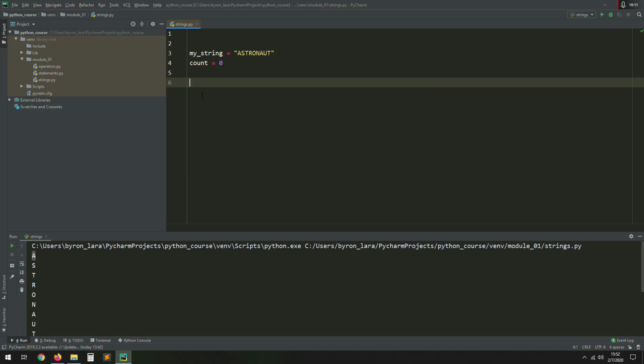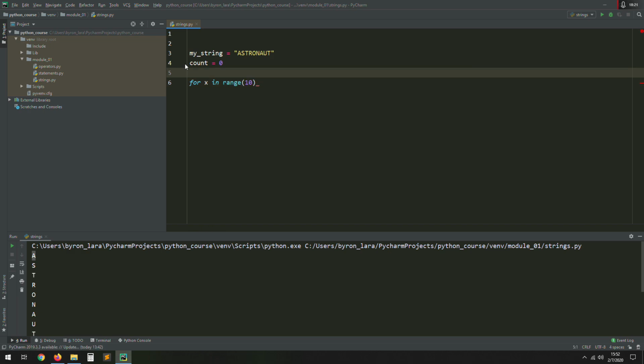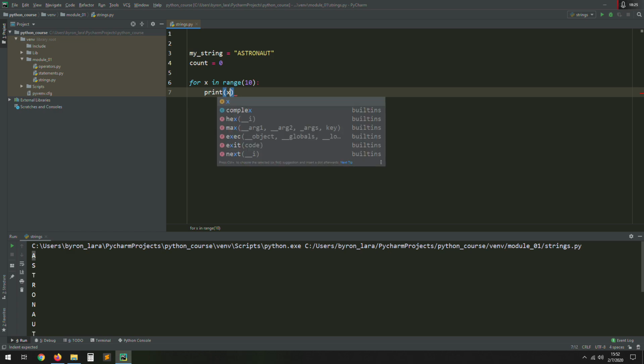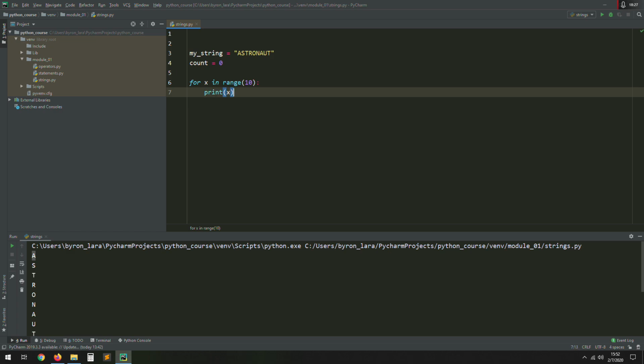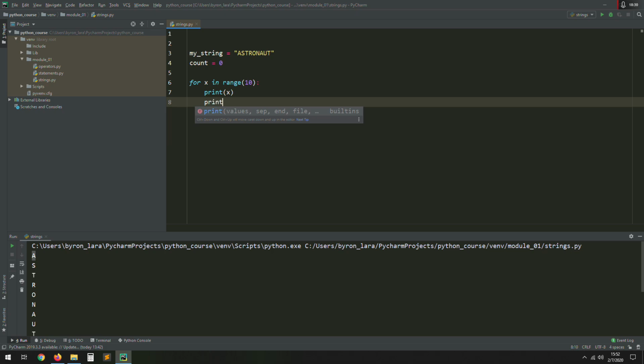For example, for num, or whatever, let's put x in range 10, print x, then print done,